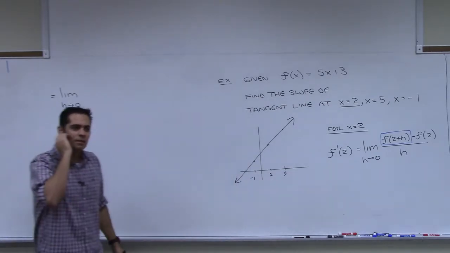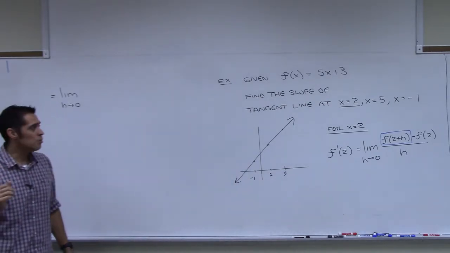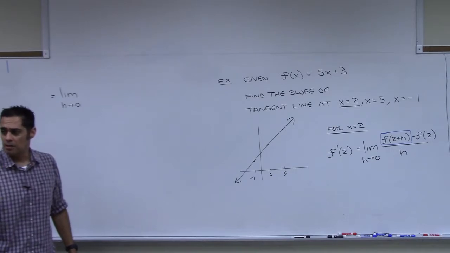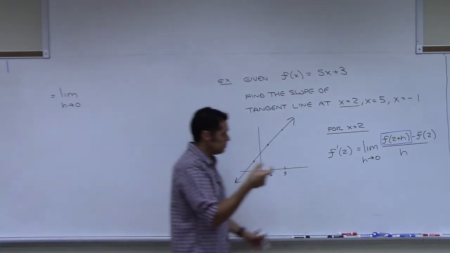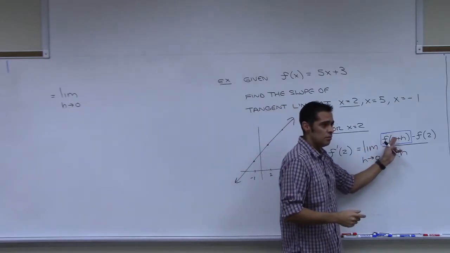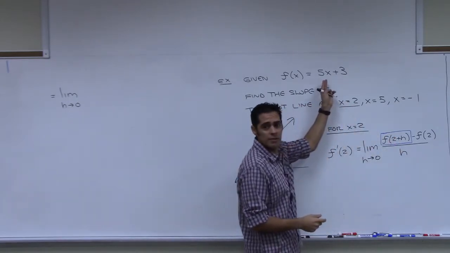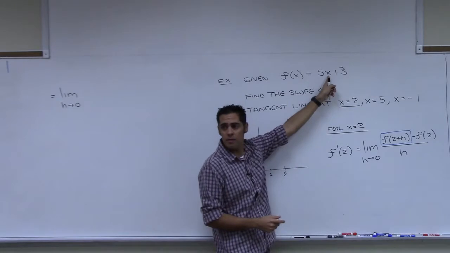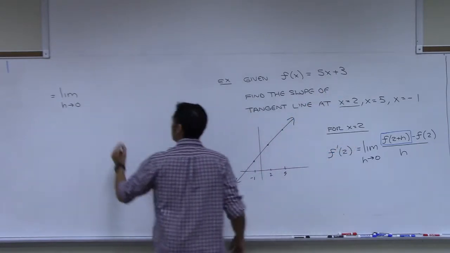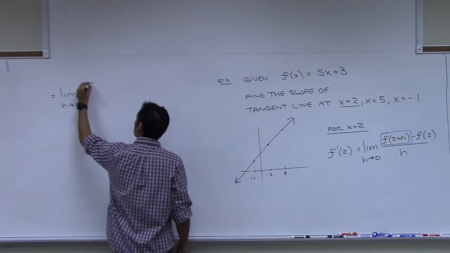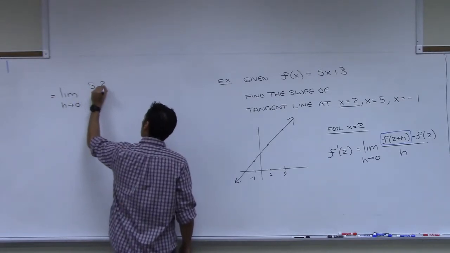What's going on? Tired? Okay, so what does f of 2 plus h mean you need to do? Plug in 2 plus h into that function for x. So I'm going to replace that x with 2 plus h, right? So this part in blue is going to be 5, and then 2 plus h,